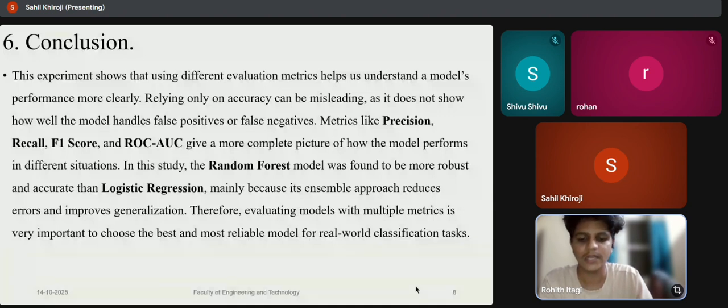And in this study, random forest was found more robust and accurate than logistic regression, mainly because it enables ensemble approaches, reduces errors, and improves generalization. Therefore, evaluating models with multiple metrics is very important to choose the best and most reliable model for real-world classification